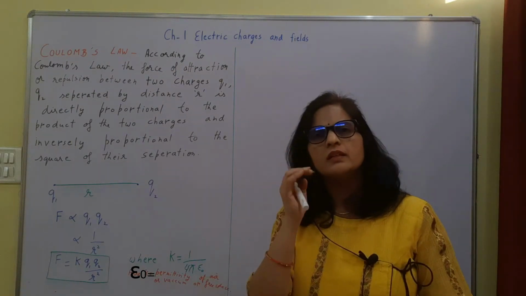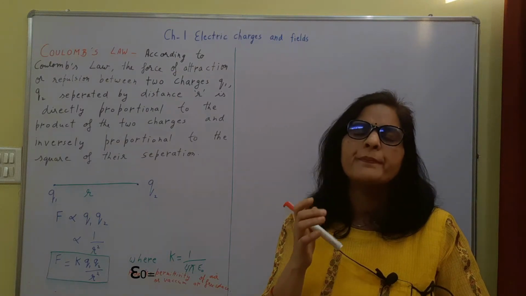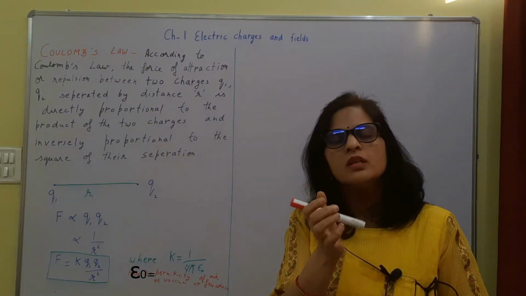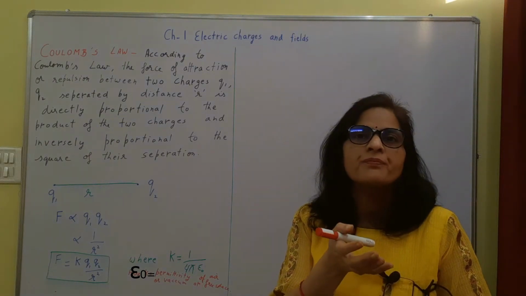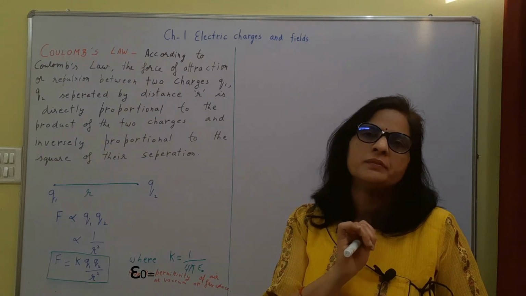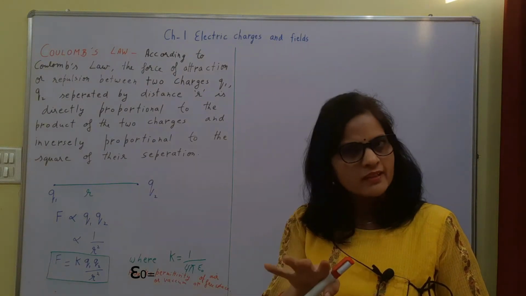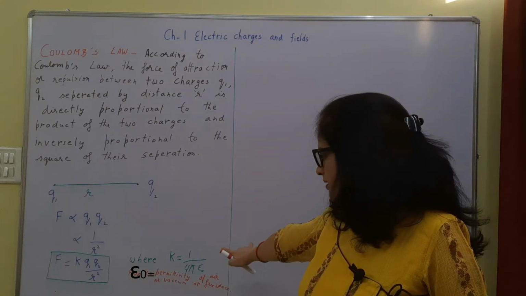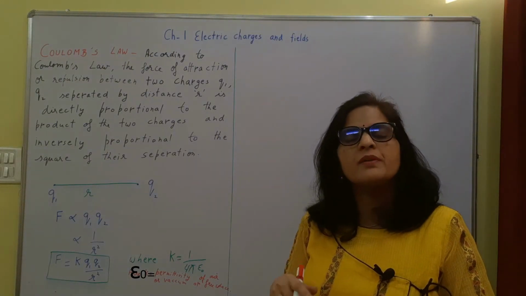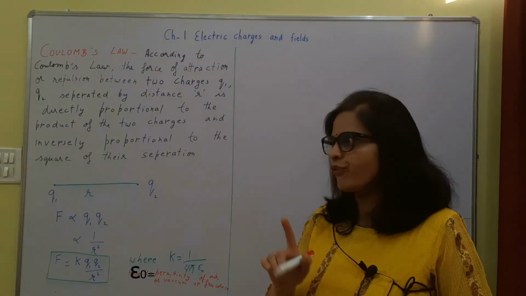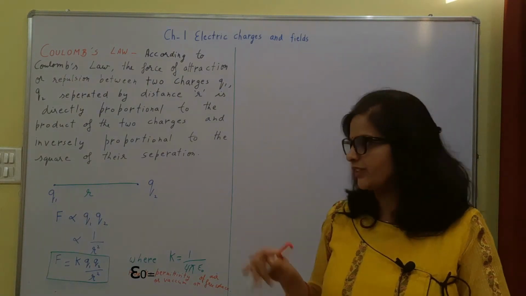Permittivity means you can understand this by considering that permittivity is taken from the word permission. So how much is the permission to the electric field in that particular medium? This is not a technical definition, but to understand you can understand it like this only. So permittivity is permission to electric field. You can't write this technically in the exams, but for understanding I have explained this like this, right?